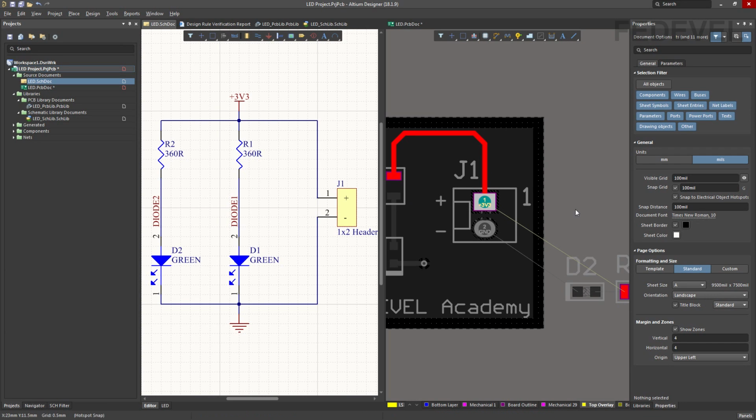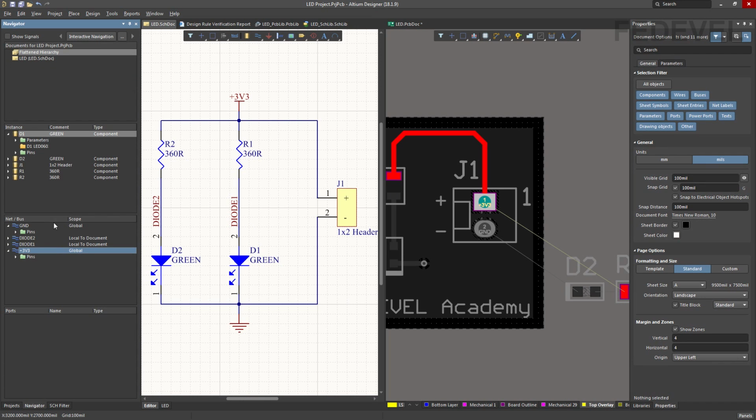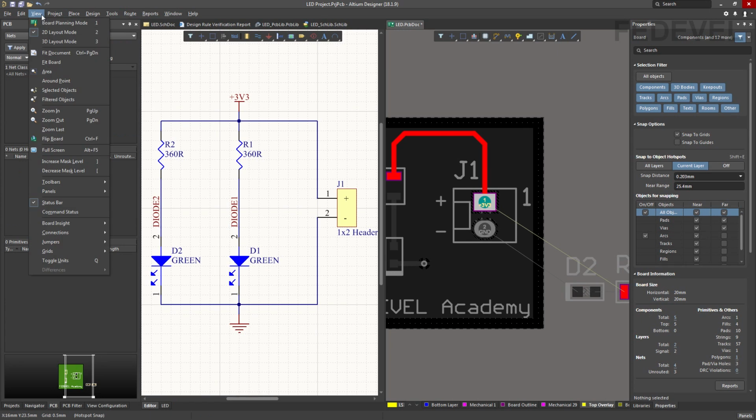So to disable this auto zoom, just left click on this navigator tab, right click somewhere here into this navigator panel, and uncheck this zoom on objects. At this moment it is checked. Just left click on zoom on objects. Okay, now when I use left click in this PCB, left click on view, left click on fit board,